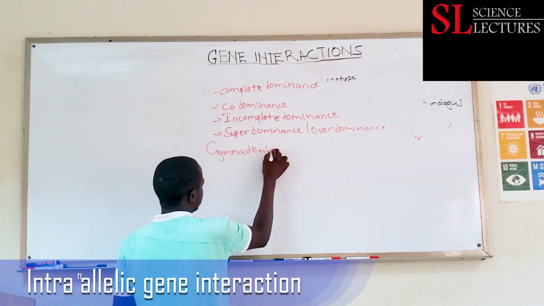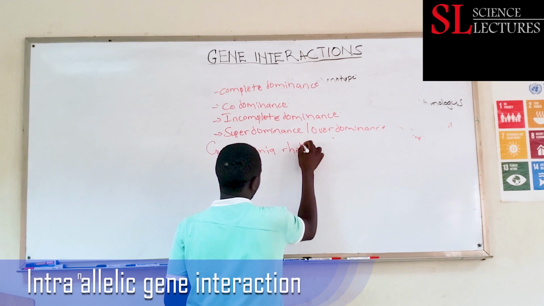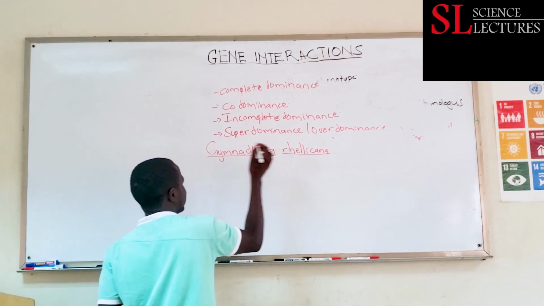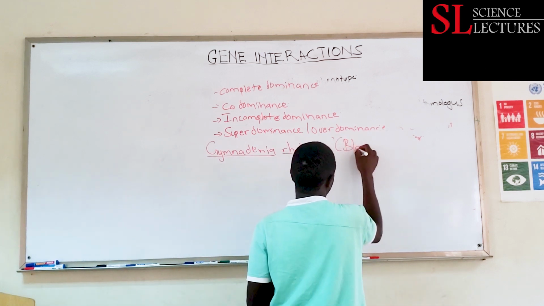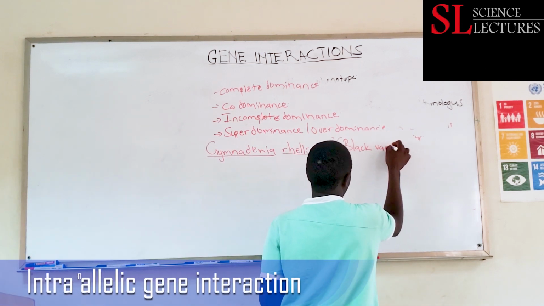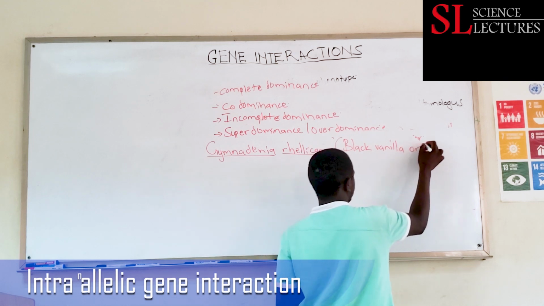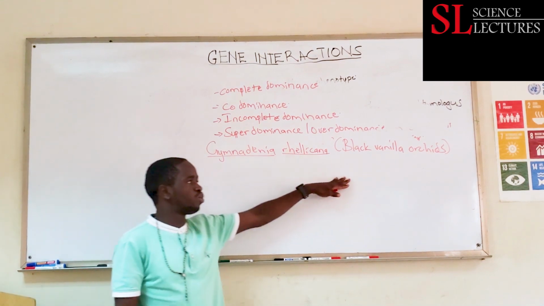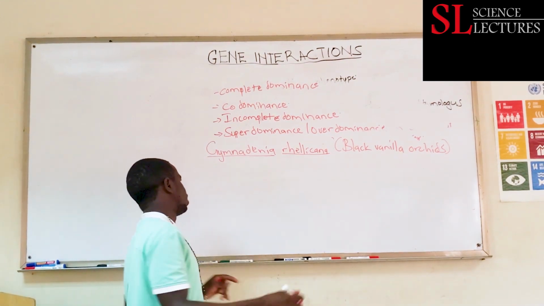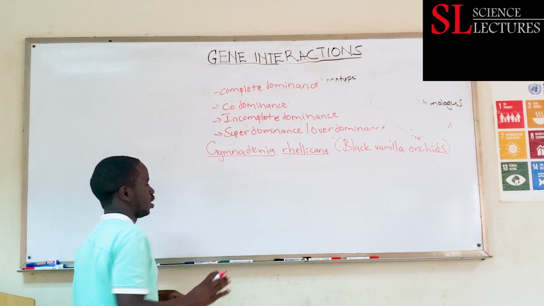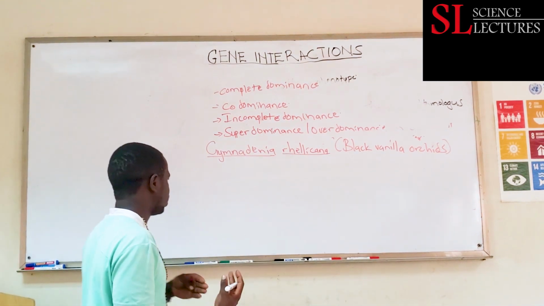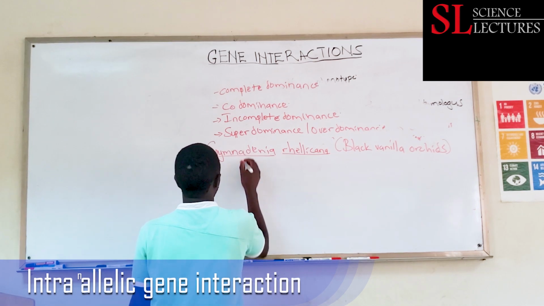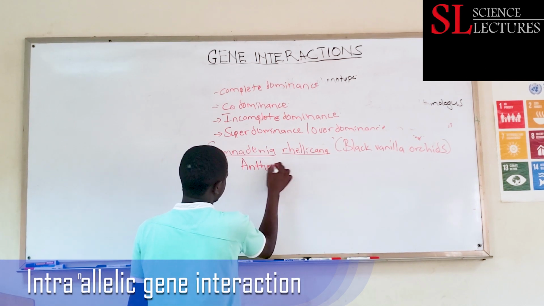Gynadenia relicana. If they don't call it Gynadenia relicana, they usually call it the black vanilla orchids. So this is a plant that is very common in the Alps, and scientists wanted to establish, when they sequenced its genotype, they discovered that it had genes that code for anthocyanin,